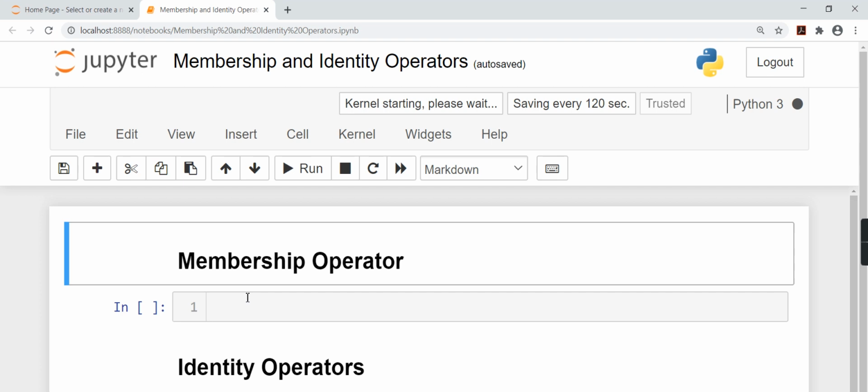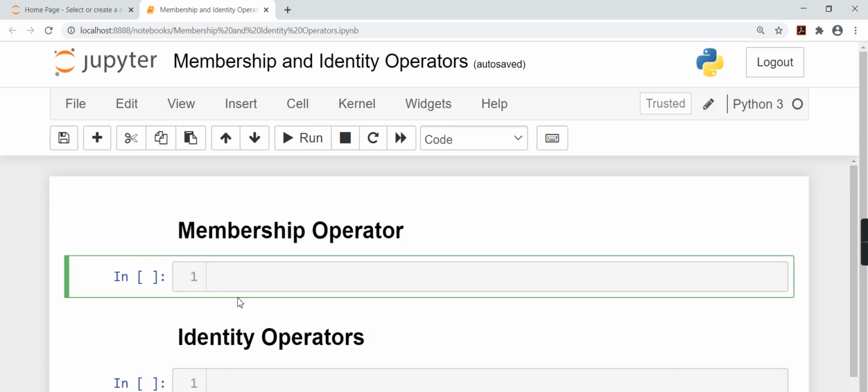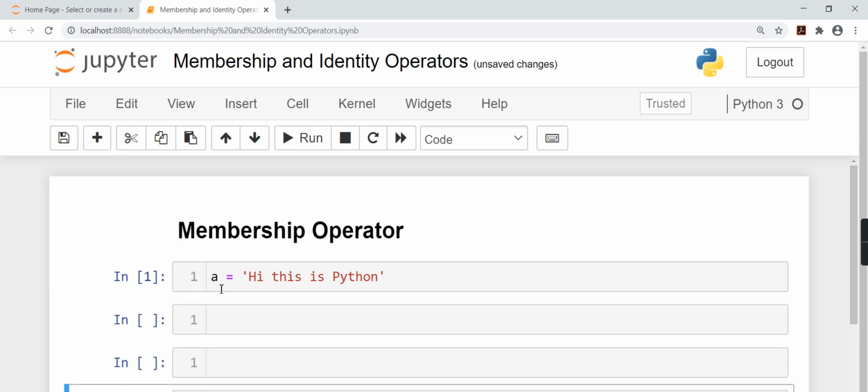Now, let's say that we have a string. Let's say we have a string called a, and the value of a is, let's say I just write the string, hi, this is Python. Okay, once we have this string,